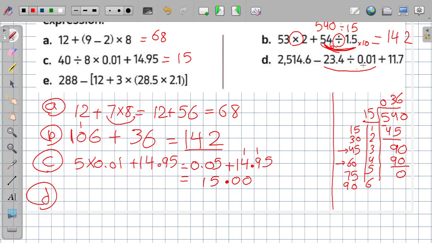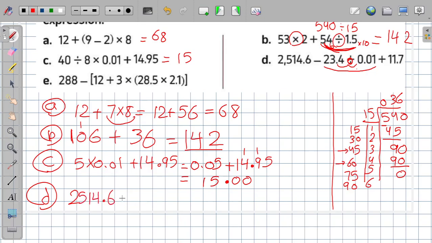23.4 divided by 0.01 is equal to what? When I divide by 100th, I will move the decimal point to the right. Okay, so I will move it 2 places. So I will add 10, so the result will be 2340. So our first number is